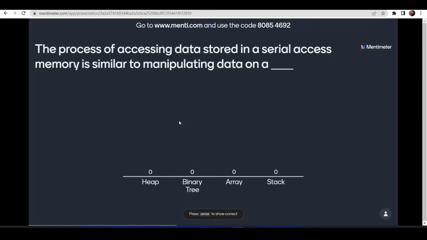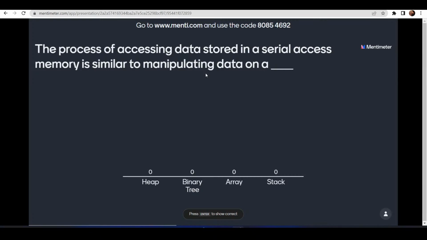The process of accessing data stored in a serial access memory is similar to manipulating data on a stack, and here we are given the data stored in a serial access memory. So here serial access can be that we are storing the data. Firstly we'll be storing at a position, and then we'll be storing at the back of that, means sequentially accessing the data. So it can be similar to the stack, where we'll be pushing the data in the last in